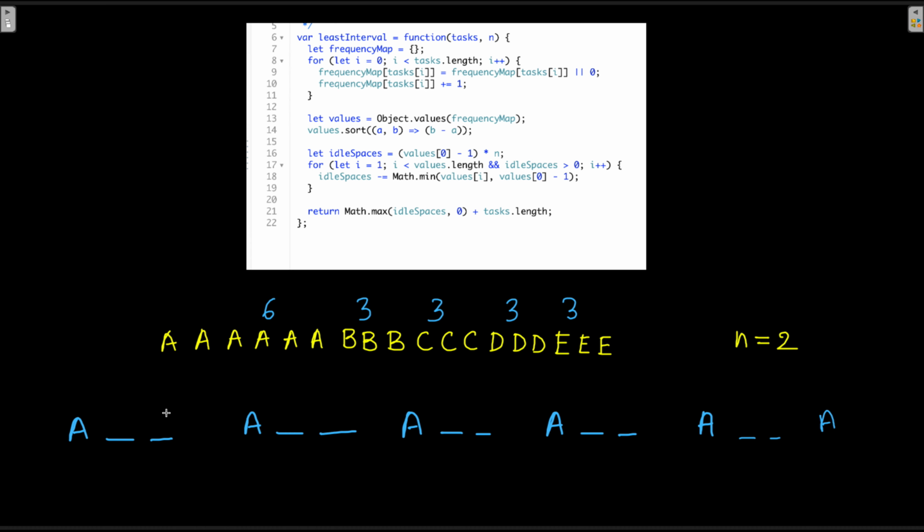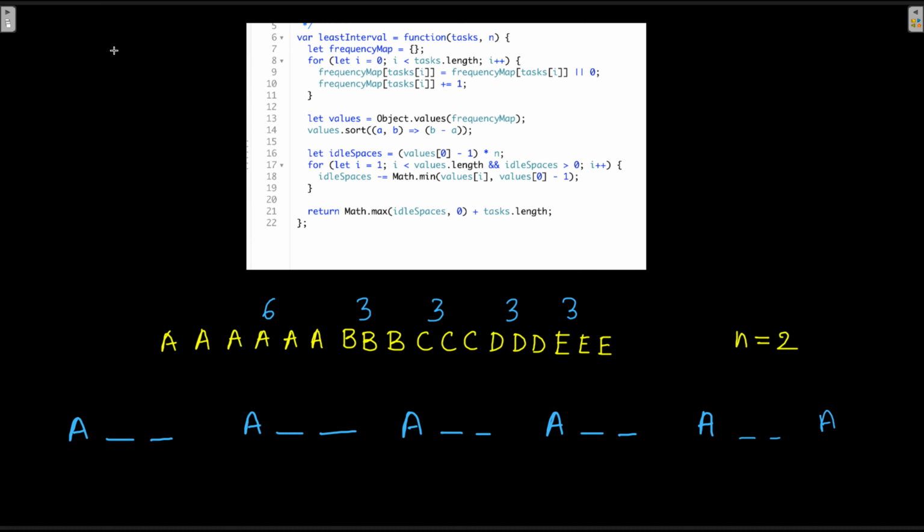So with this information, let us start filling in the rest of the tasks. When we start this for loop, we start it from I equal to 1. So BBB is 3, then CCC is 3, and then D, and then E. So idle spaces gets decreased every time by this amount.